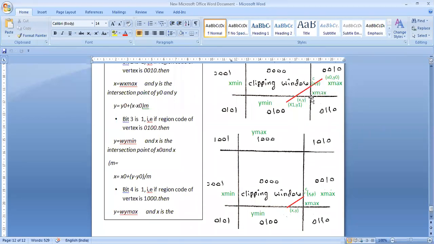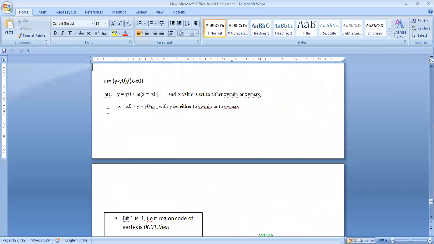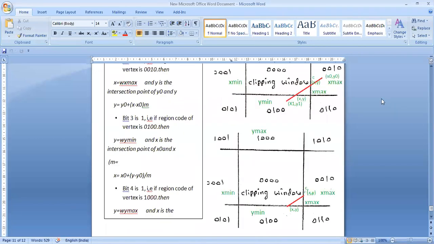Fine, right? So now how to calculate the slope y? Y is equal to y naught plus x minus x naught into m. How do I get this particular y? See here, what is my slope? My slope is y end minus y naught. So here, what is my y end now? If I need to clip this, this is x naught y naught, and x and y. If I consider this point as x and y, then this is the line. So this is x naught y naught, and this is x y. X and y end is x and y.